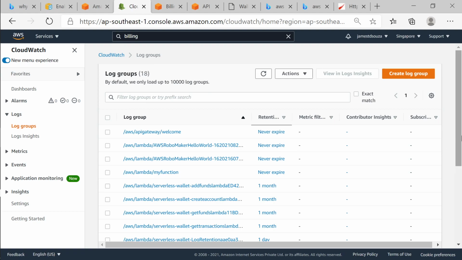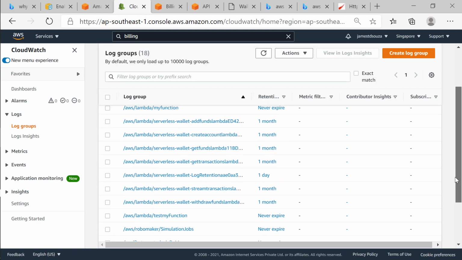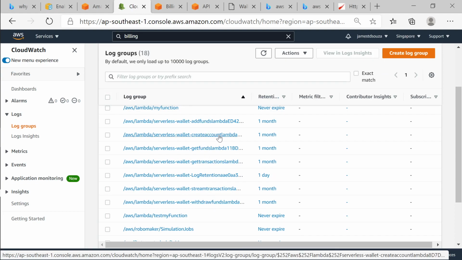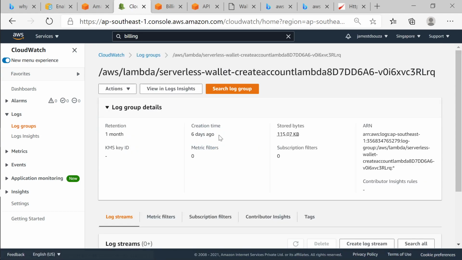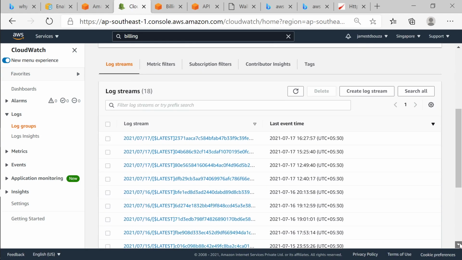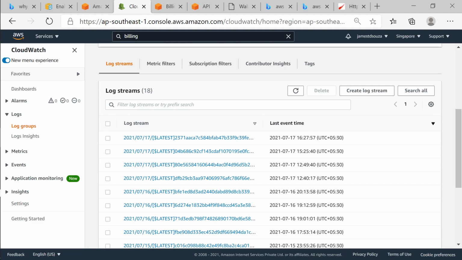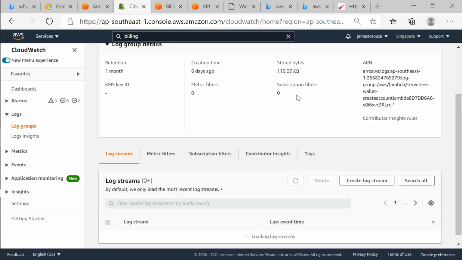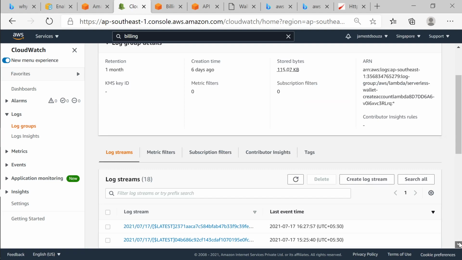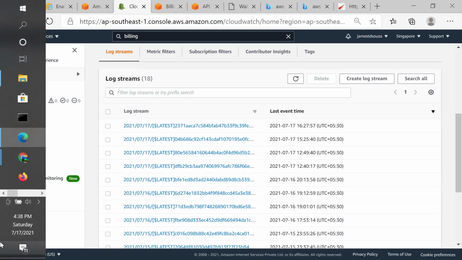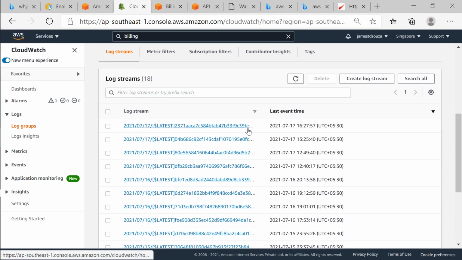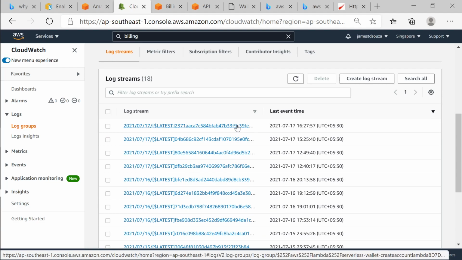Some of these log groups were created earlier, but this log group is definitely created by the CDK. So we had a create account lambda, and this lambda function is connected to this log group. That means anytime somebody calls a lambda function, it logs. And here, for some reason, I do not know how they have configured it, the log does not show up. I made a call at around 4:32. I don't know what time it was.